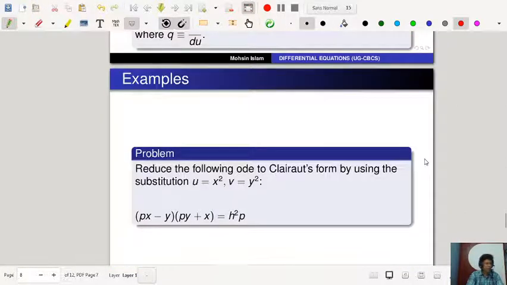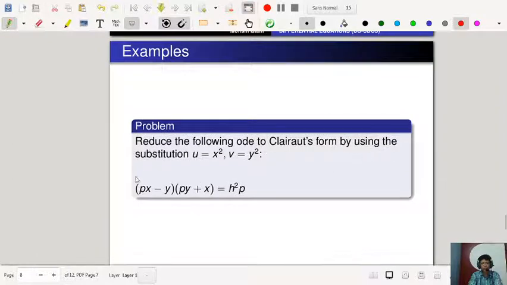Let's have some examples for that. So first question is, I will solve some problems in this lecture so that you can understand how to give the transformation. Reduce the following ODE to Clairaut's form by using the substitution u equal to x square and v equal to y square. So not always is this substitution given in the problem. Sometimes it will be mentioned in the problems, but there will be so many problems where it is not mentioned, right? And the equation is given by (px minus y)(py plus x) equal to h square p. So let's